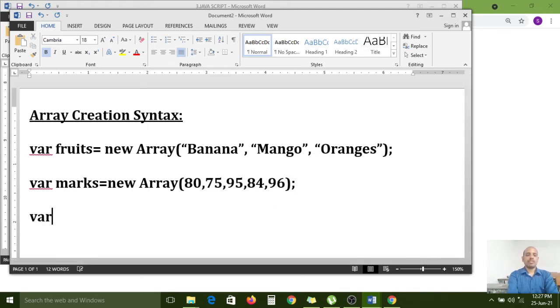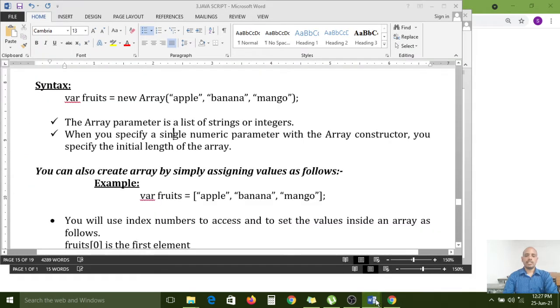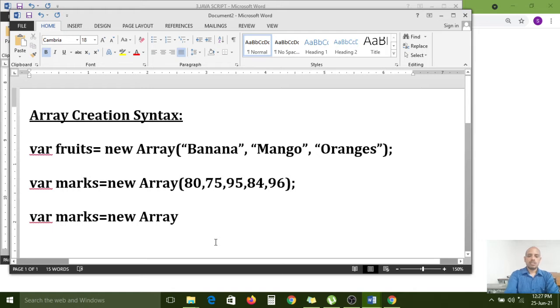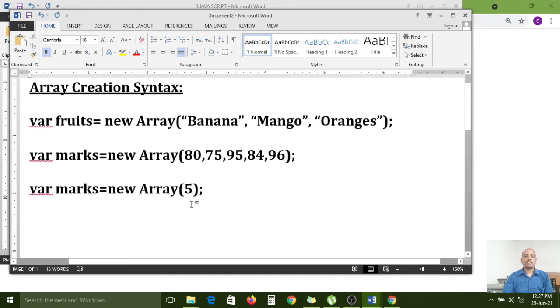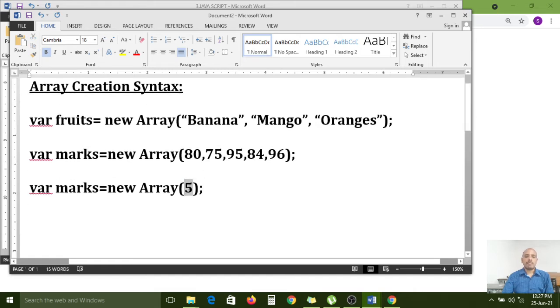But observe carefully. If you create marks with new Array and pass only one value, say 5, this means that instead of passing a list of values, I have passed only one value, and it is allocating the memory size.